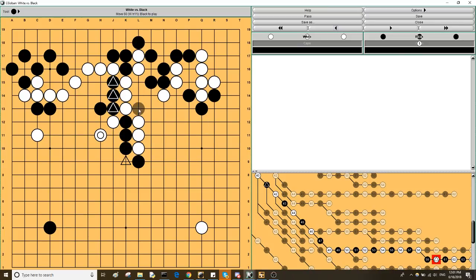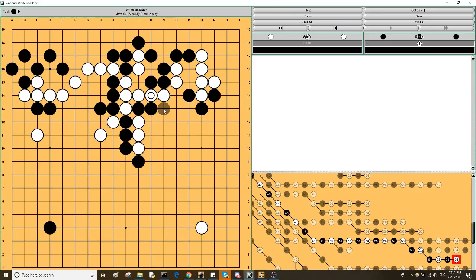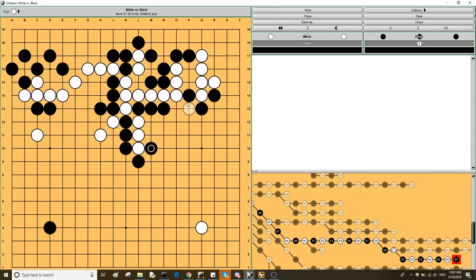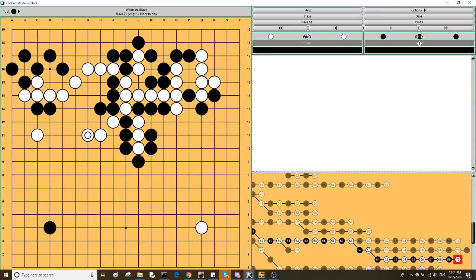There's no cut here because even if, you know, black wants to do something, you have to do something like this. Maybe you can take these, sort of, but then your group up here is dead. You got something in the center, but this whole thing died. Maybe it's even-ish. I think I like white a little bit because the whole territory of this is just so big. And this is not points, and